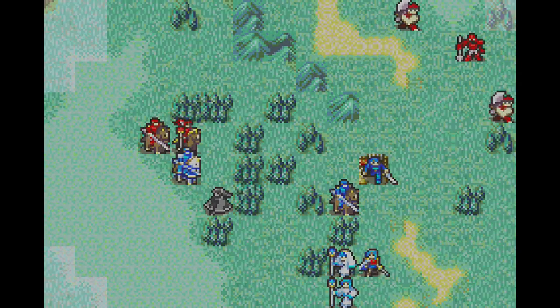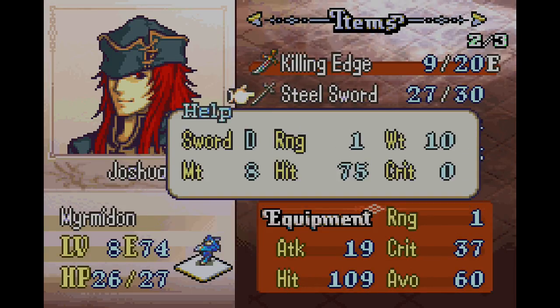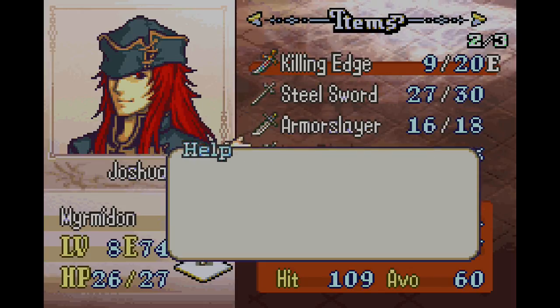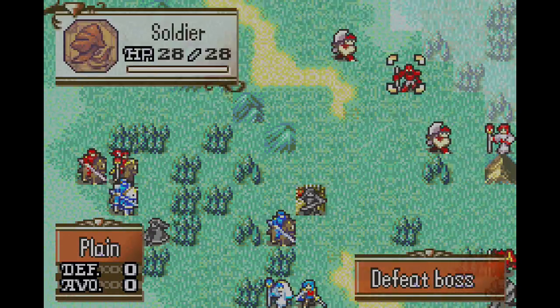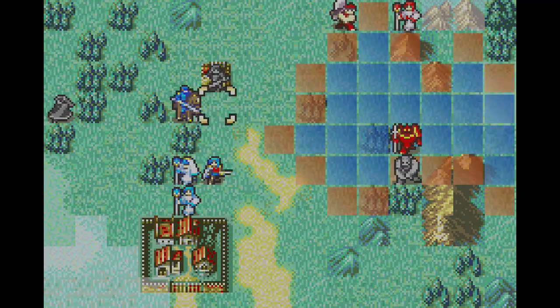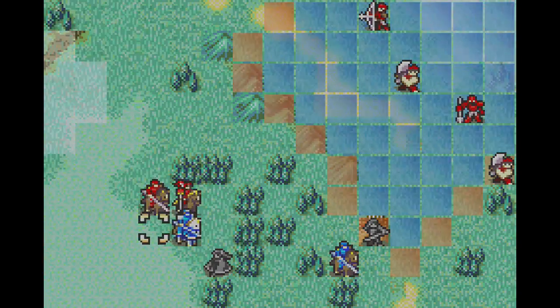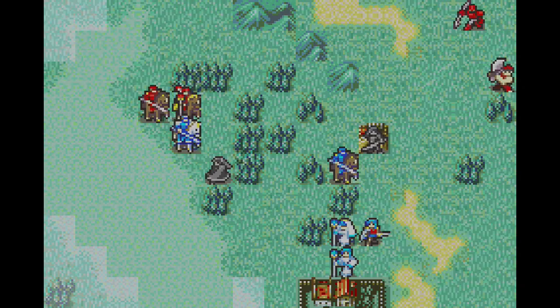Oh, hey, an Iron Blade, which he can actually use. Wait, 12, though. Only one more might than a Steel Sword as well. And they're both D-ranked. Yeah. For the most part, the blade weapons are actually pretty terrible. Silver blades are kind of interesting just because of their sheer power, but you don't get those for a very long time. And there's really only one person who can effectively...